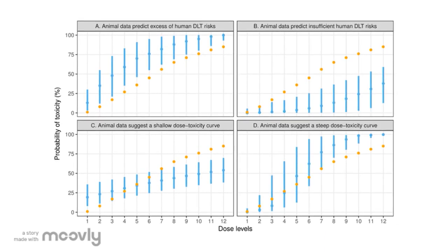Here, we have summarized 4 types of plausible inconsistency of toxicity between animals and humans. As we can see, animal data may overpredict or underpredict the toxicity of the drug to humans. Any approaches that fail to discount inconsistent animal data quickly may result in ethical hazards that patients could be treated